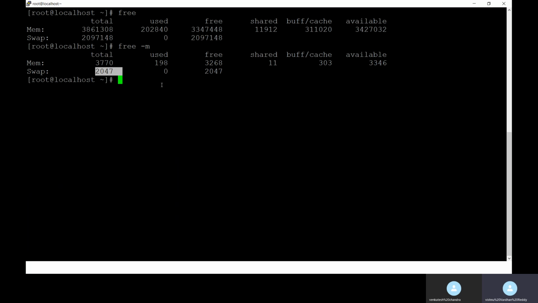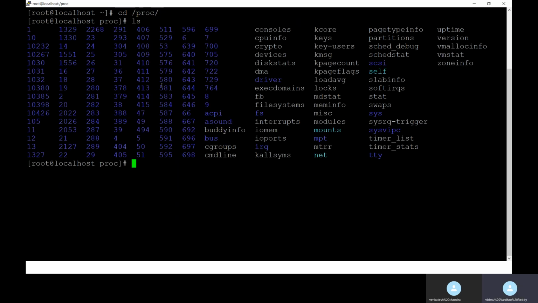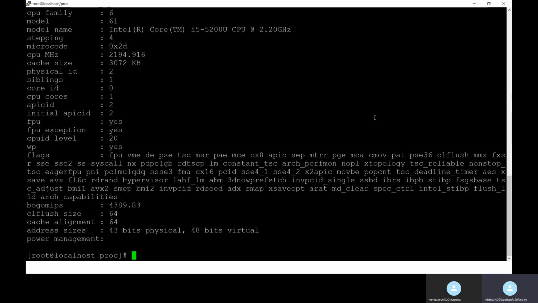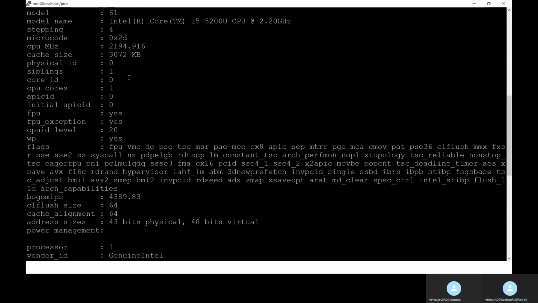And next is clear, and then what is /proc. Under this directory is all the system related information. If you want to check the CPU utilization, cpuinfo will display the CPU family and model.